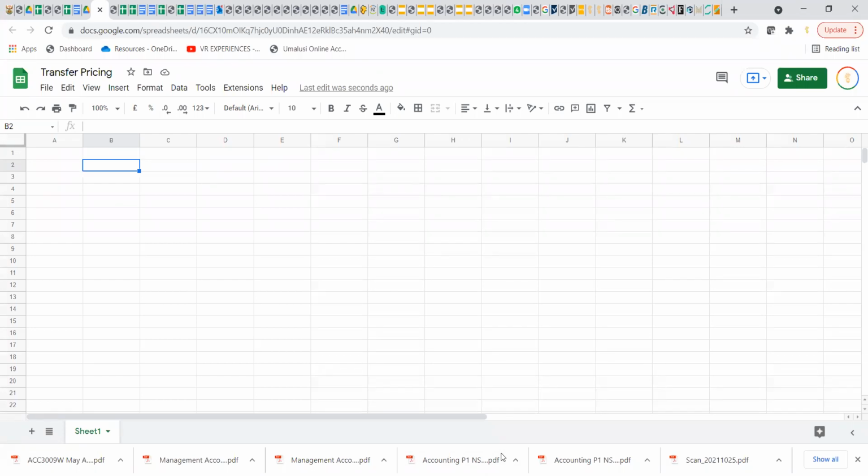Okay. So now for transfer pricing, there are many things happening in transfer pricing, but it basically comes down to what. So let's first understand, when does transfer pricing come into play? How are you going to pick up that there's potential transfer pricing in a question? It is when